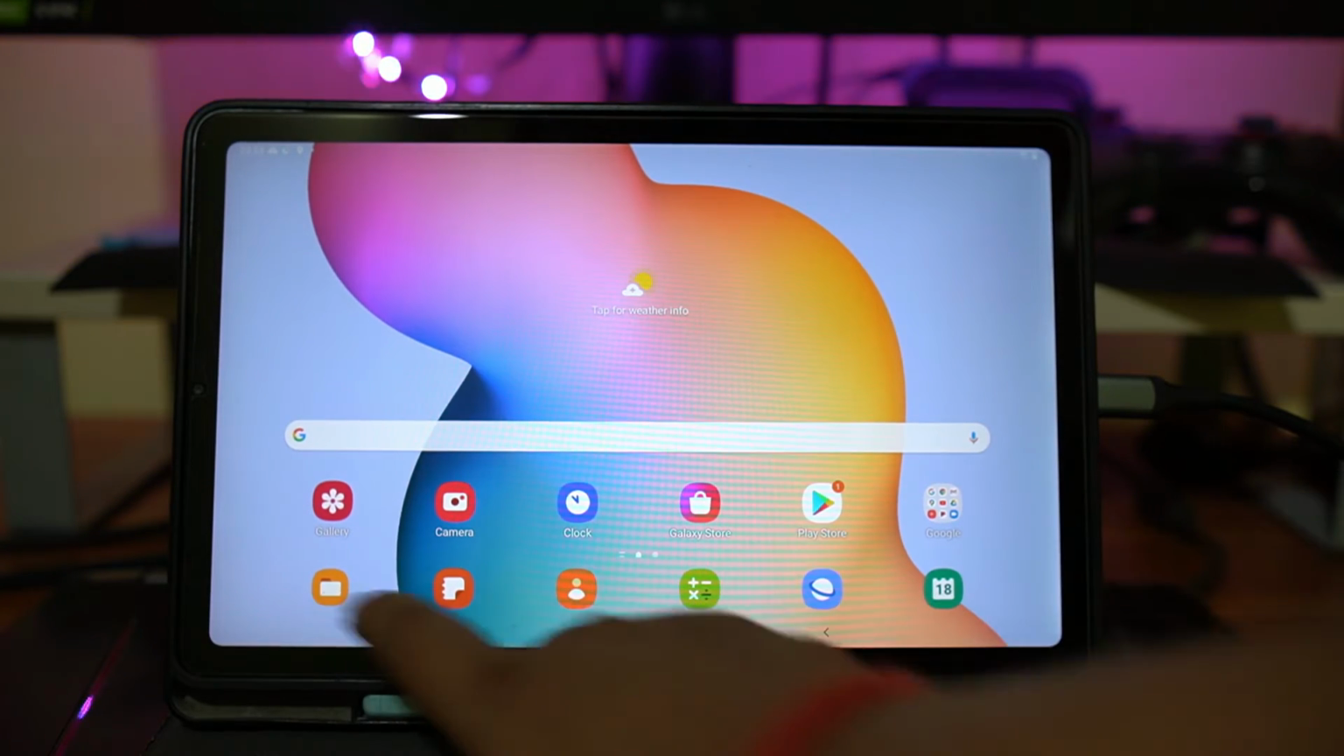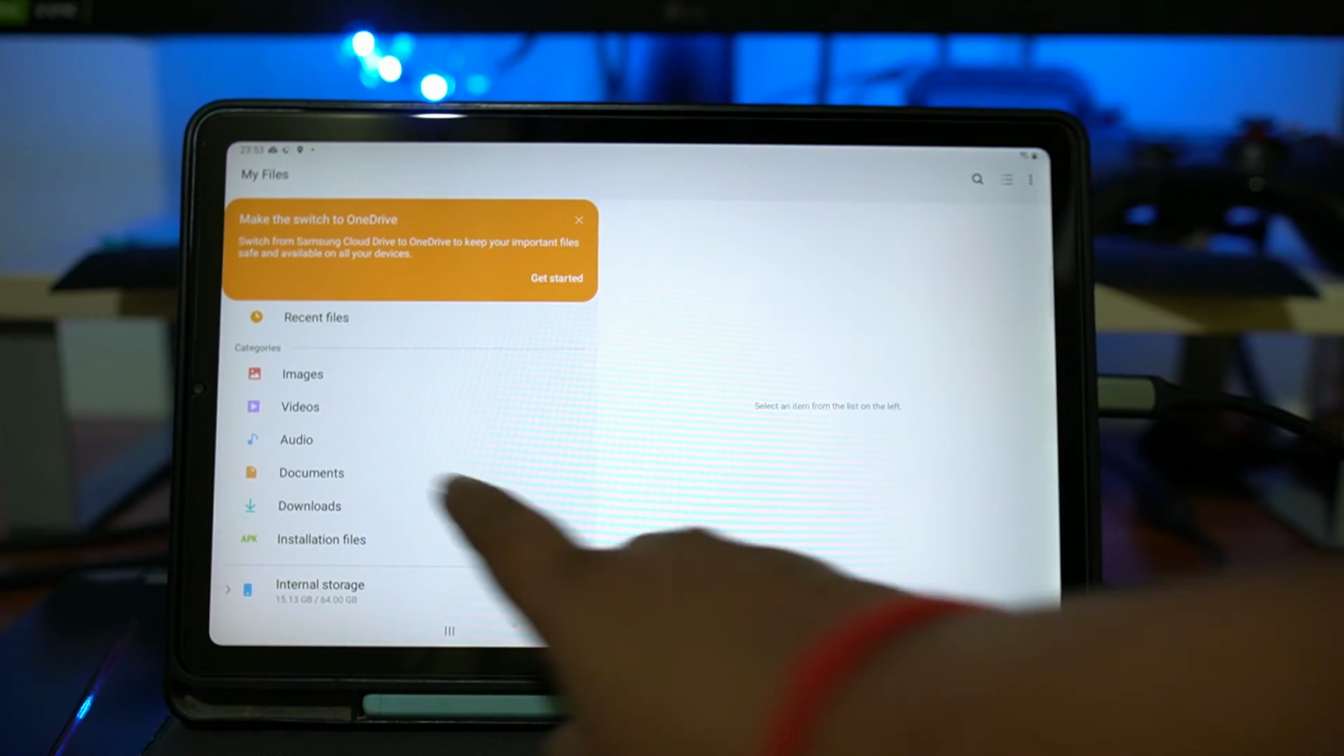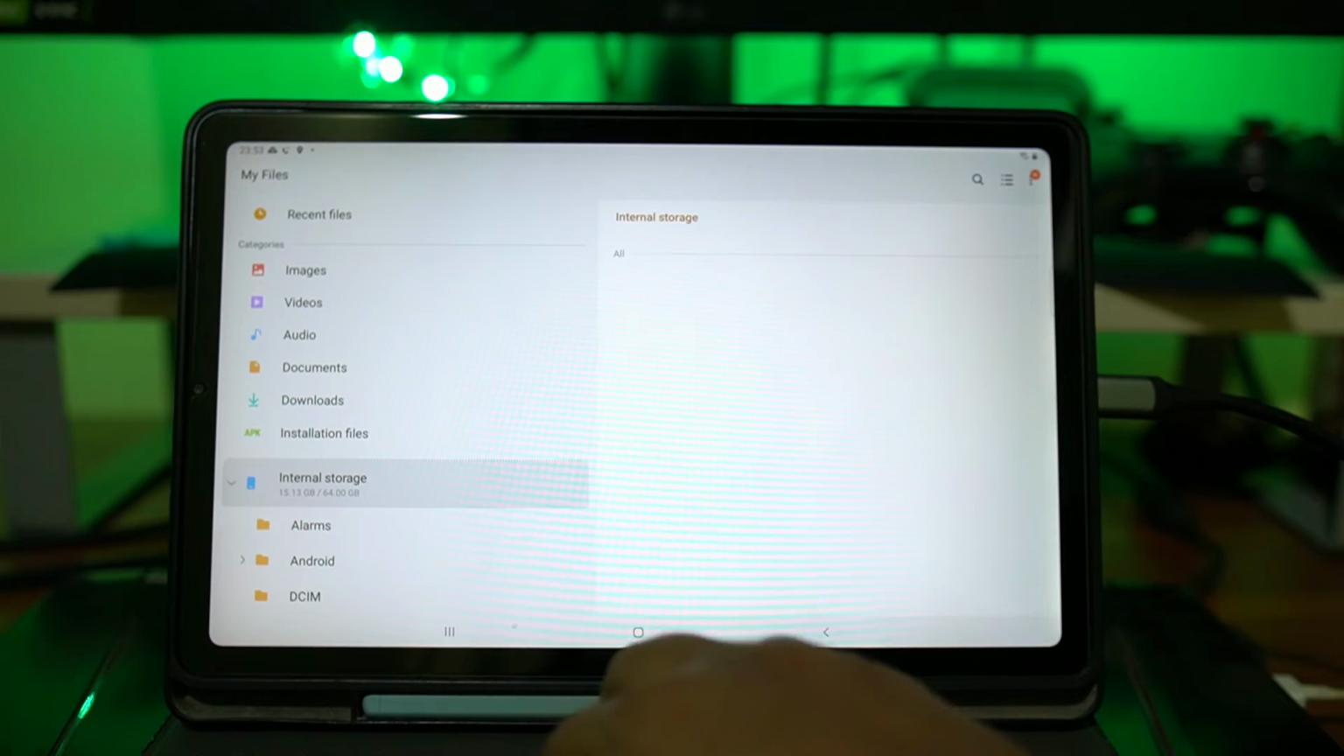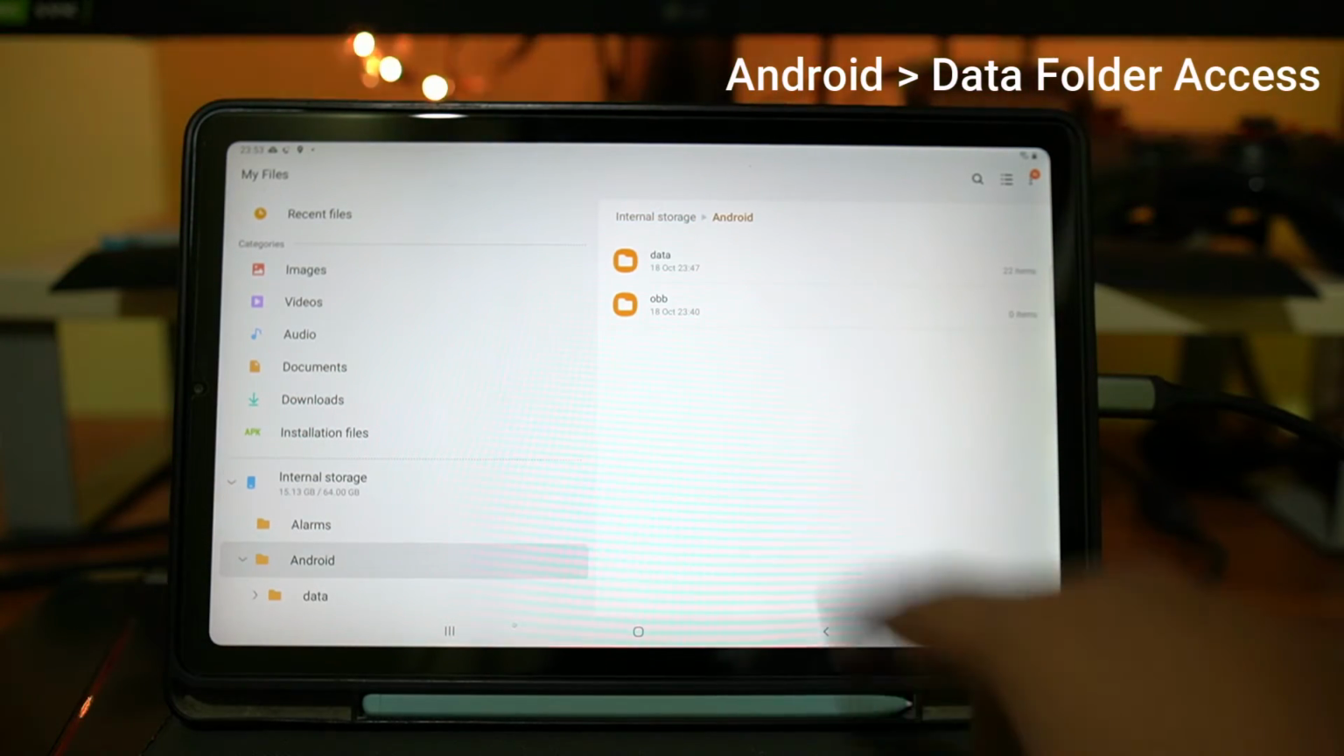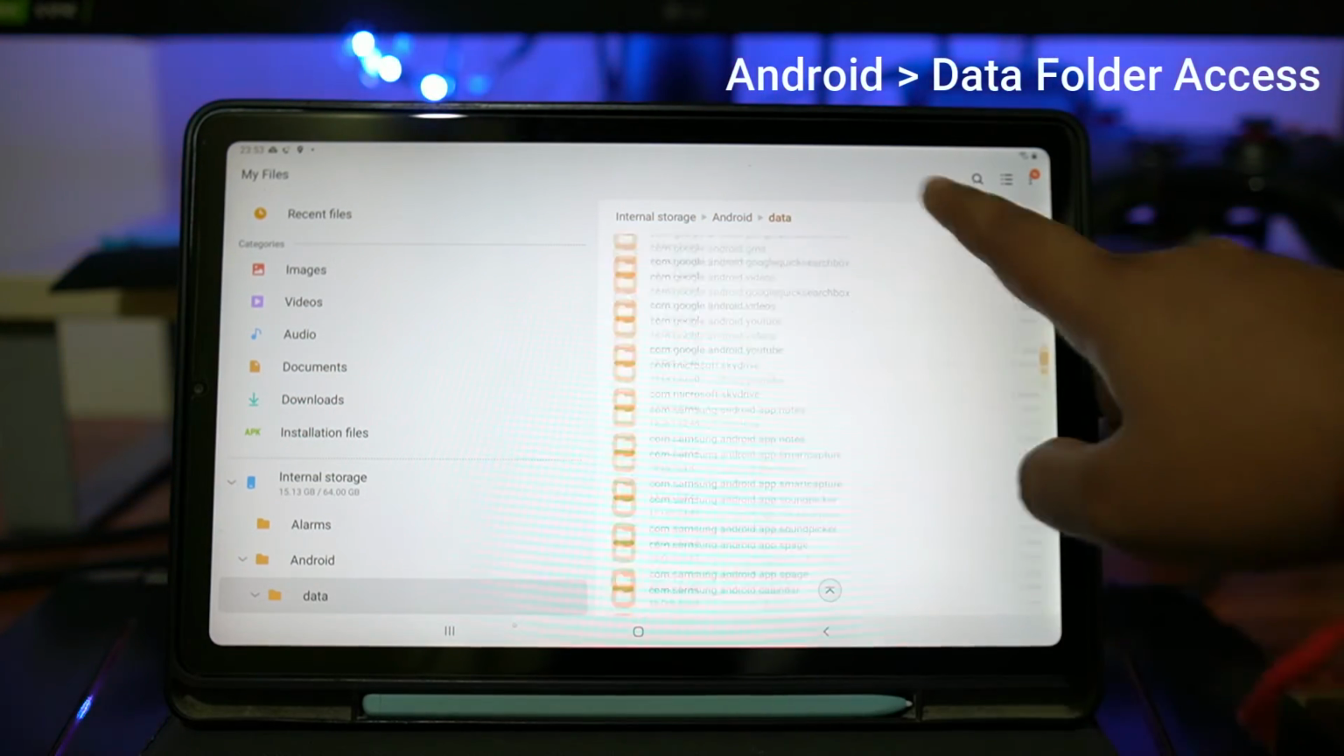Now we have rolled back my Galaxy Tab S6 Lite from Android 12 all the way down to Android 10 in just a matter of minutes. It is a very simple process. I hope you were able to follow it. Do let me know if you are planning to downgrade your Samsung smartphone to whatever version that you feel like,